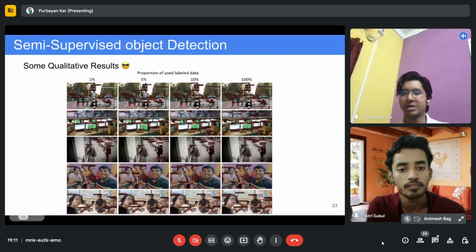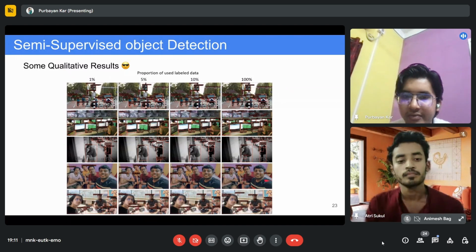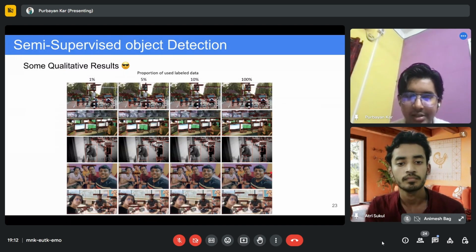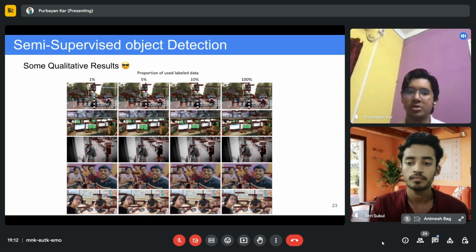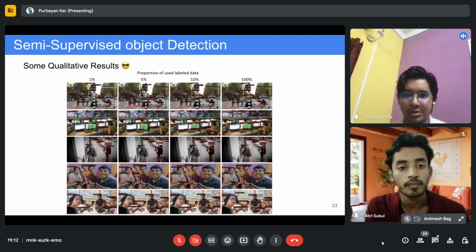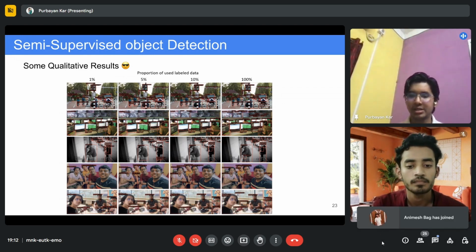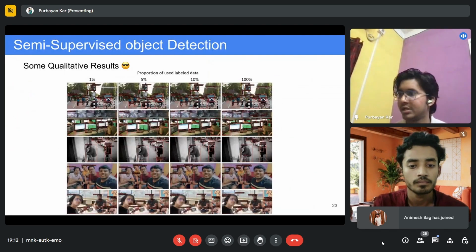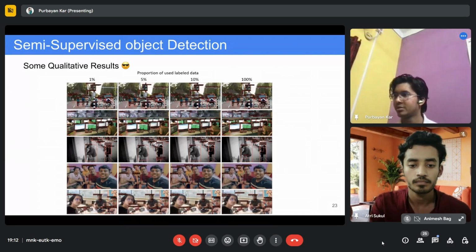Again, this is me in my bedroom with my friends. If you see, this is a small portion of the bed that is visible. The model is even able to understand this, that this is a bed. So this is how capable the model currently is. We also submitted this result in the paper, and the reviewers were very happy to see these results. So I think this is the end of this topic, semi-supervised object detection. If you have any questions, you can ask, then I will move to the next.